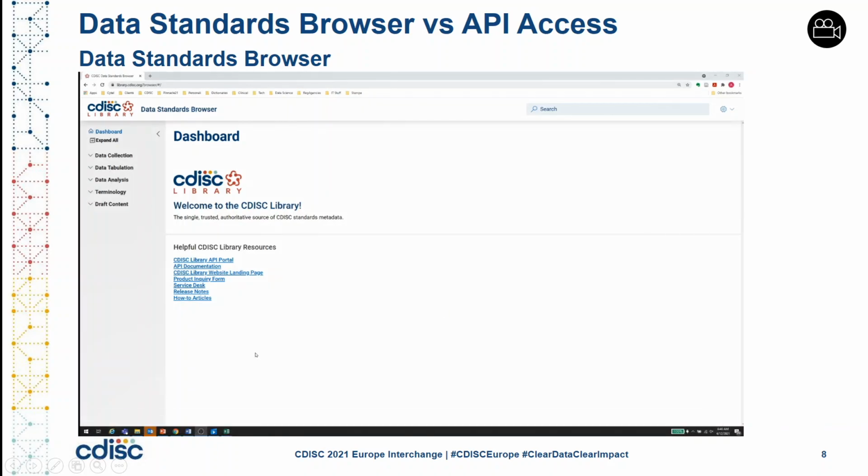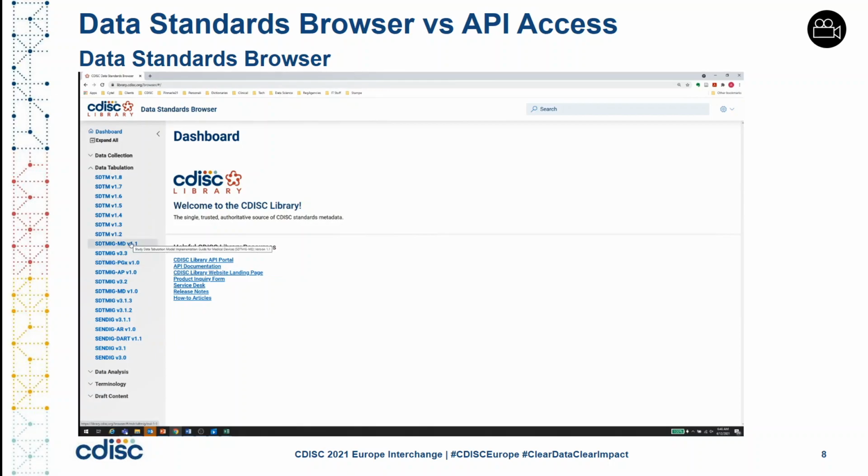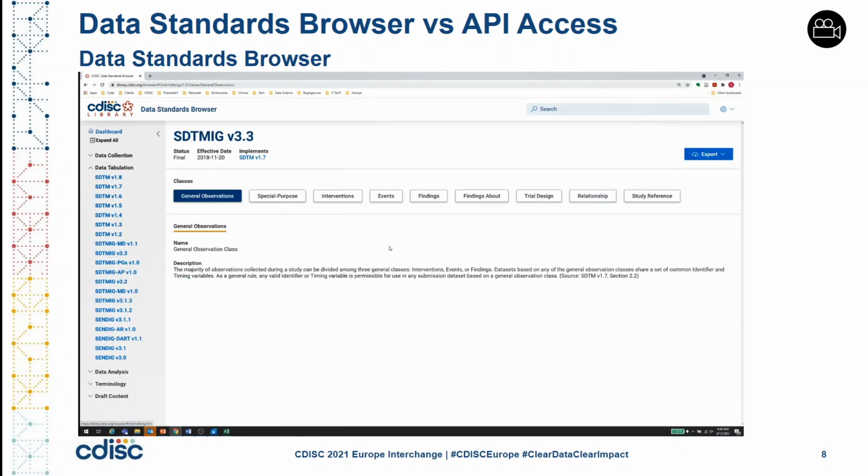Let's start with it. So when you access the data standard library, you have access to a dashboard where you can access a number of supportive resources. And then you can internally browse any version of any available standard. For example, for SDTM, you can access all available standard and implementation guidance, but also guidance such as the SDTM guidance for medical devices. Once you click the standard you want to browse, for example, the latest SDTM implementation guidance,